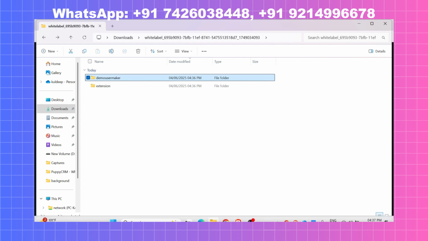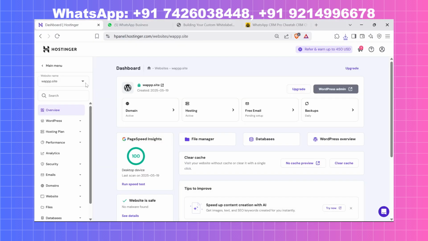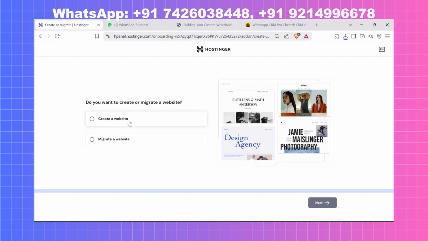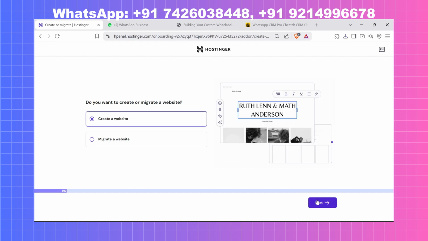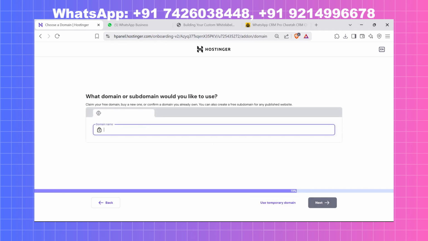Okay. So I need to create a subdomain, because I have a domain. I will create a website on my subdomain and upload it there. So I will click on add website. After that I will click on add new website and click next. After that, here is the option import PHP and HTML website. Click on this. I will create a subdomain like demo